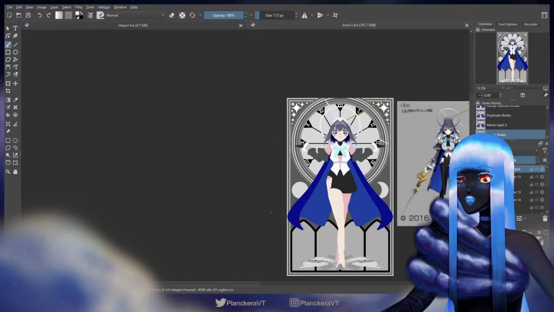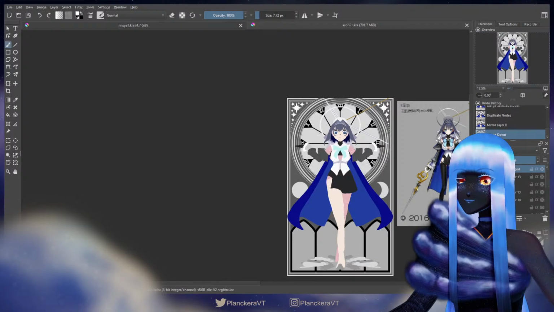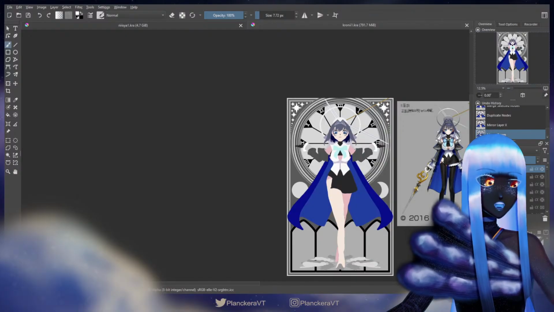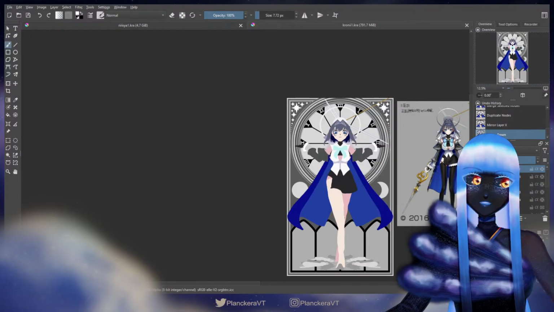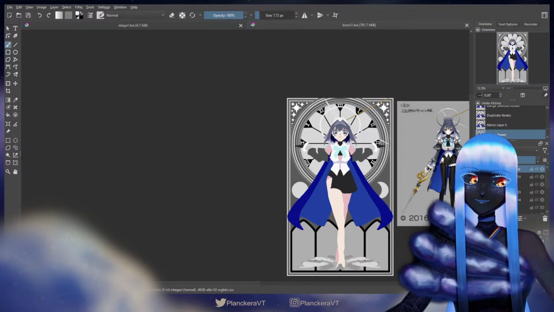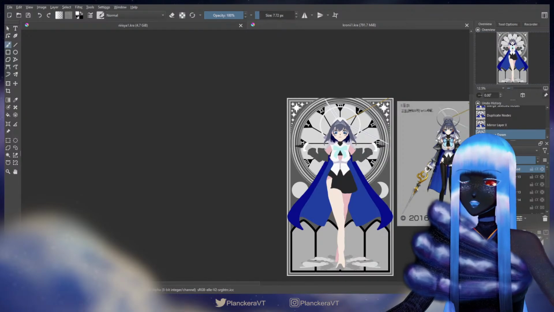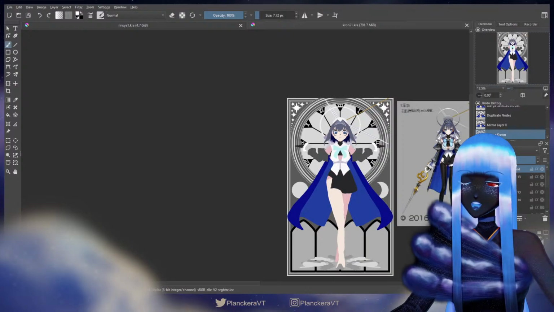Okay, so the things to figure out. I still want more patterns on the clock back here. I still want something to fill in this space. I do plan to do some rays of light on the sun. I guess I can do something similar on the moon. I need to think about how those will look. And then I need to decide what's going to go in each of these.